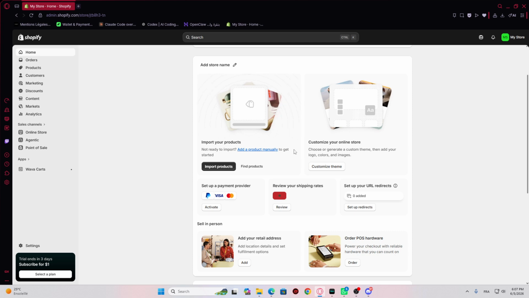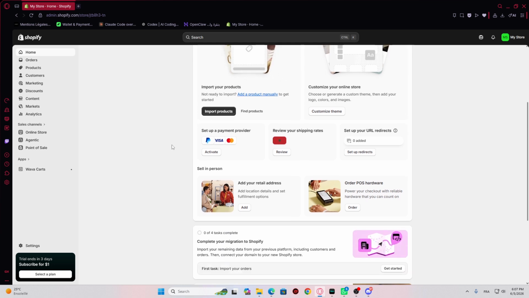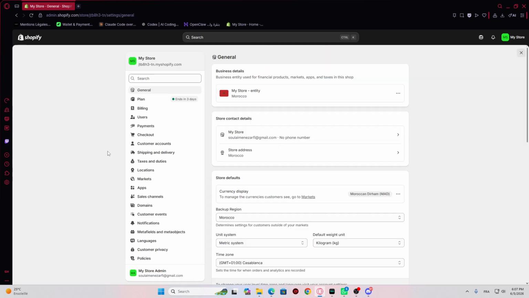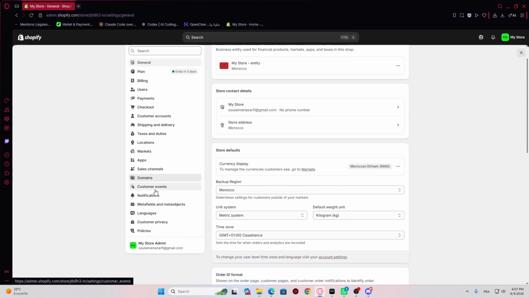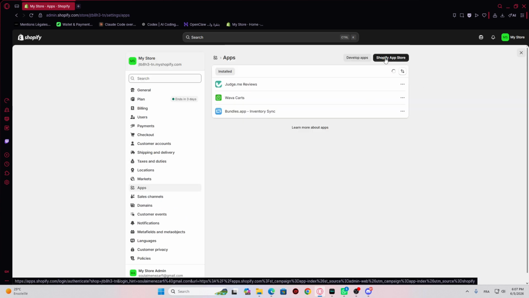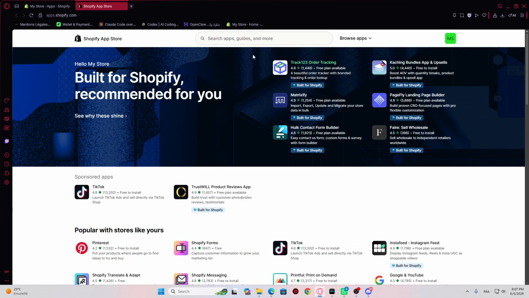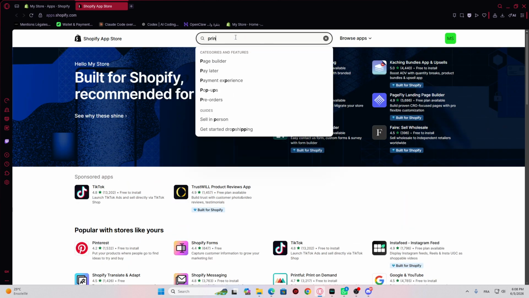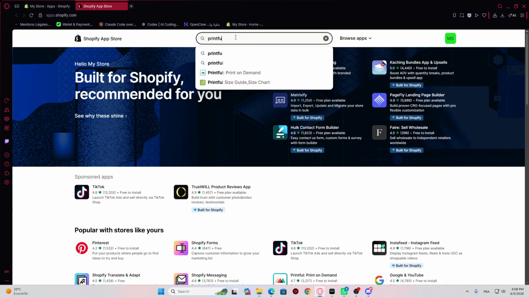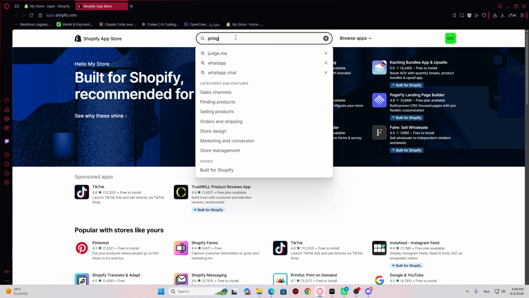So to do that, you will need first to go to the Shopify admin just right here, and then go to the apps that you can find inside the settings that you can click on the left hand menu. It's on the bottom of it, and now just go with the apps right here. Okay, so now go with the Shopify app store and just look for Printful. You can also go with Printify,